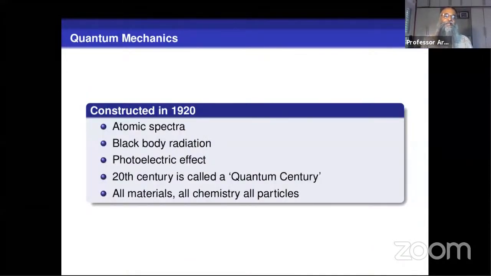The quantum mechanics, or the quantum view of the world, came about in the 1920s. Observations on atomic spectra, black body radiation, and the photoelectric effect were the phenomena which led to the construction of this new way of looking at the world, which we call quantum physics or quantum mechanics today. To give you a glimpse of the kind of contradictions which existed at that time